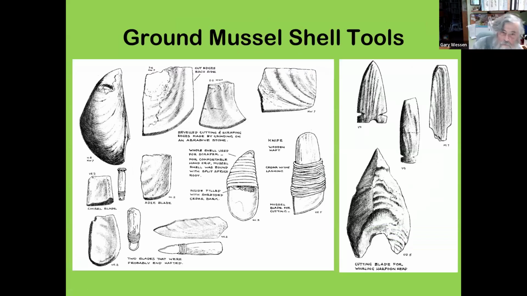Ground mussel shell tools. This is what most mussel shell is used for in terms of tool stock. There are knives where they're on a hafted handle, or it's a whole valve with a bark strip on them. Other types of whole valves are set up like this or in wooden handles. We do see harpoon blades,